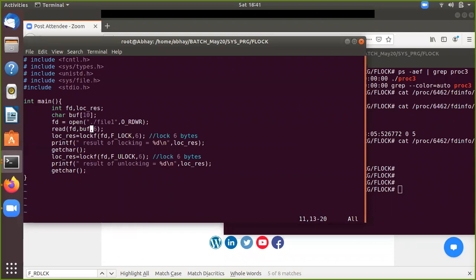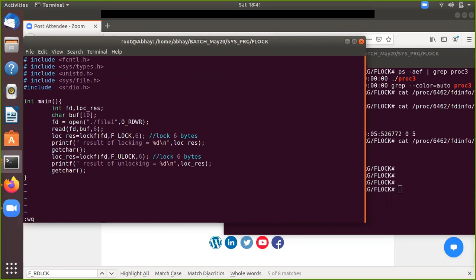So when you are reading 6 bytes, where will your file pointer be? Seventh one. Right. So either you can do an lseek, or if you are using read, your file pointer will automatically keep moving by however many bytes you are reading or writing.